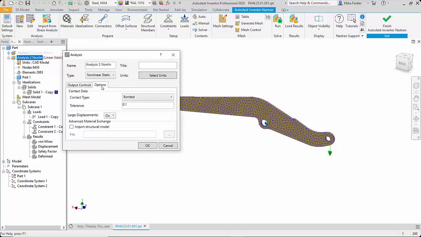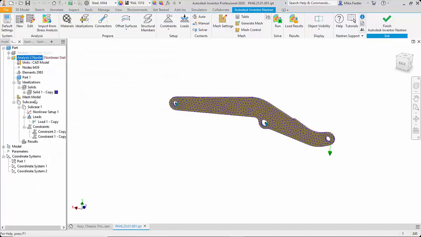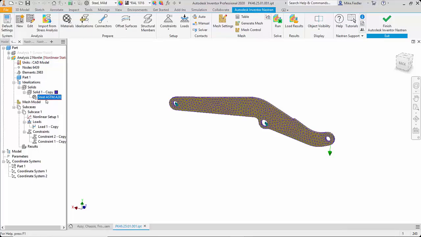One of the differences here is when I switch to a nonlinear static, we see that we have the large displacements. So it will account for large displacements and whether those loads are following the displaced geometry or stay in their initial orientation. So that's one of the advantages of nonlinear analysis. And then one of the other things is in the material. So when I go into the material,